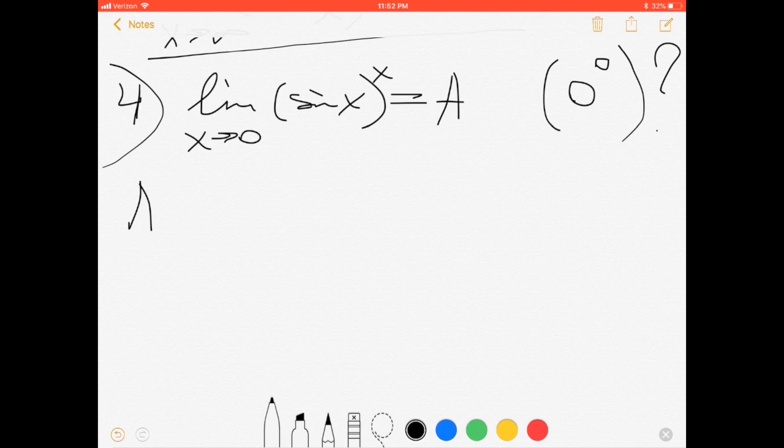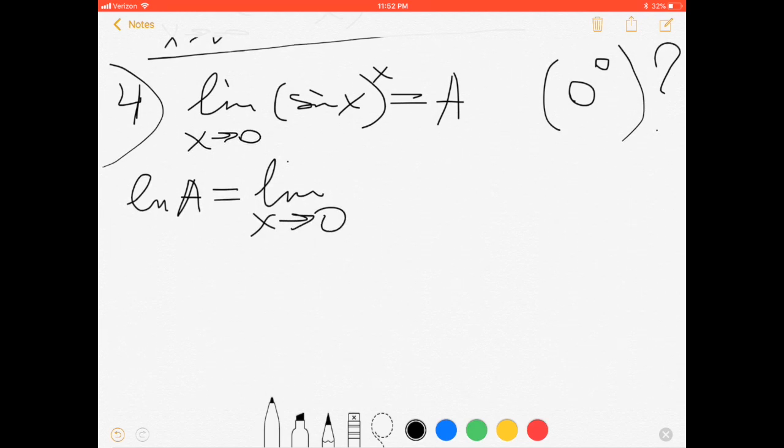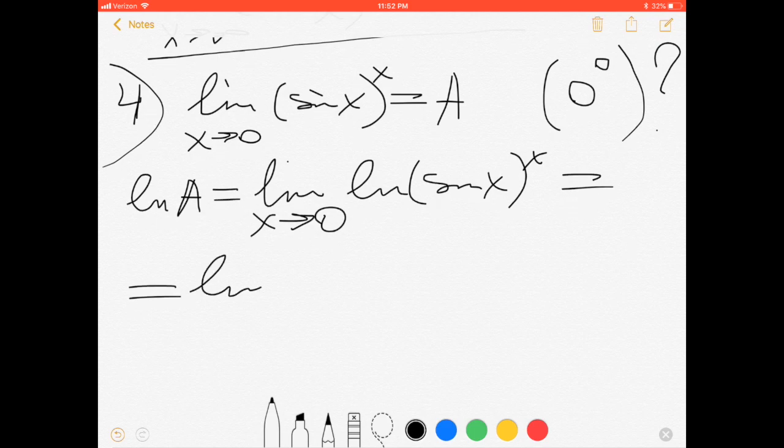This means natural log of our a will be, well, here I switch now, it will be a limit, order switch. x approaches 0, natural log of sine x to the power x, and rewrite as the limit as x approaches 0 of x natural log